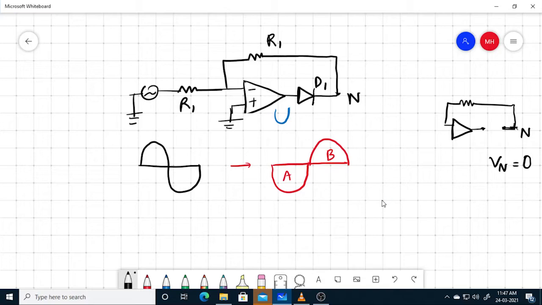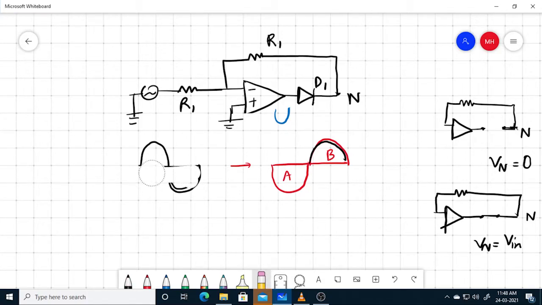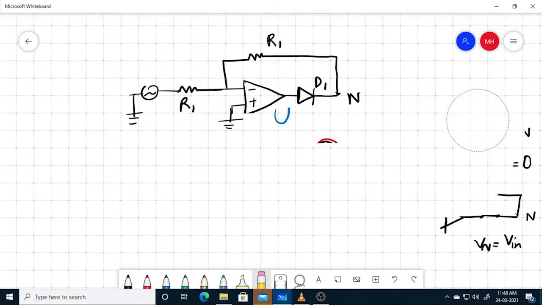Okay. For the negative input, there will be a positive output. For the positive output, this diode will be short circuited. Let's demo here. This will be a short circuit, and there will be no problem for the output to get through. So Vn will be equal to Vin, as the gain is 1. But there is a problem here. What problem? Let me delete the section first.